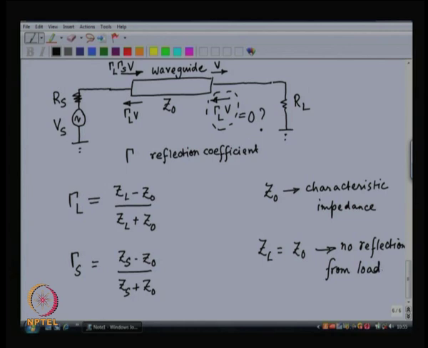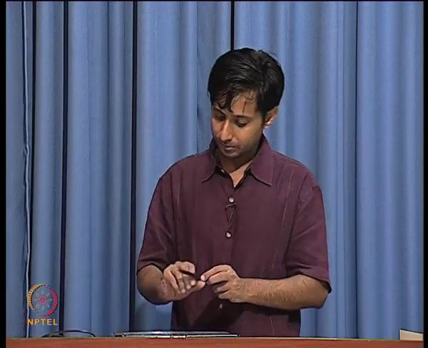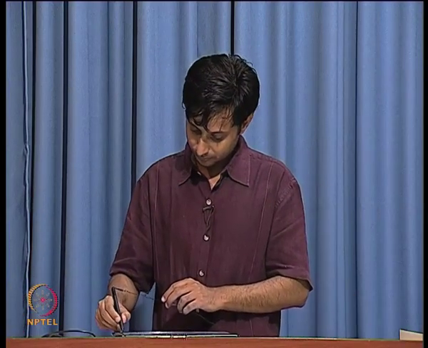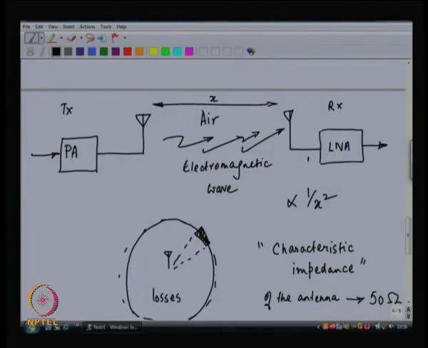So, what that means is as follows: I have a signal coming to the antenna. The antenna is passing over the signal to the low noise amplifier. If the low noise amplifier has an input impedance of Z L, and if the receive antenna has a characteristic impedance of Z naught, and if Z naught